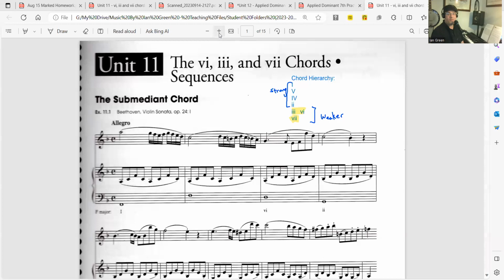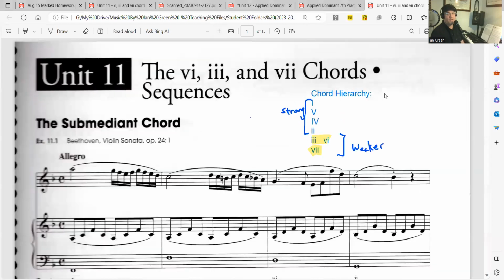Something that's interesting about this particular chapter is that we have 3 different chords, which I could say are on the lower part of the totem pole, if we were to say that in regards to tonal hierarchy. Chord hierarchy or tonal hierarchy is basically a list of all of the different chords and how they rate in the sense of the strength of the chords within the key center. So of course the tonic, it being the most important and strongest chord in any key,